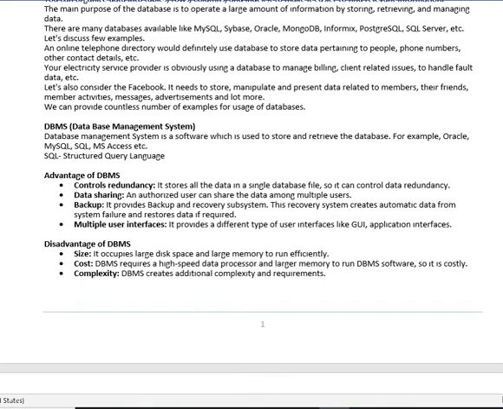It controls data redundancy, which means it controls the duplicacy of data, and data sharing. An authorized user can share the data among multiple users. It has multiple user interfaces through which we can share the data within the network. Disadvantages of DBMS: its size, cost and complexity.